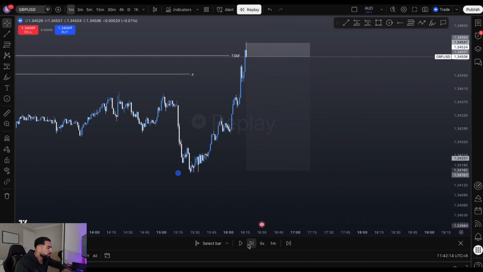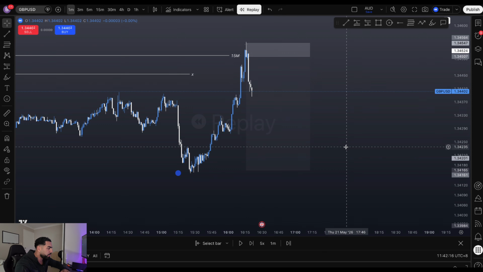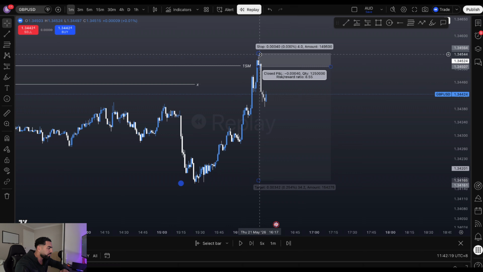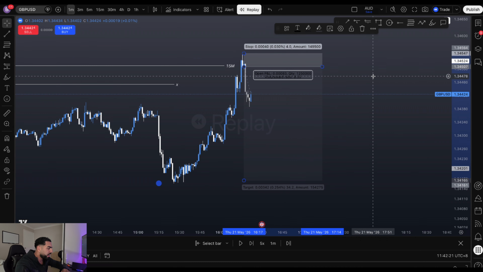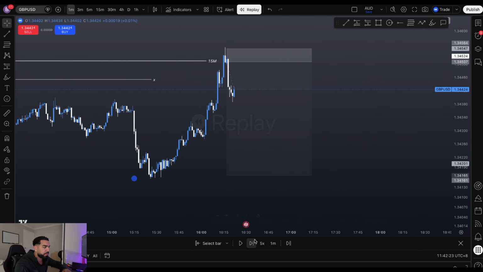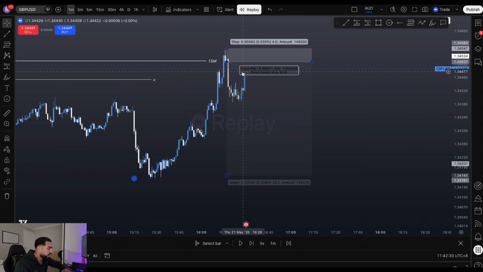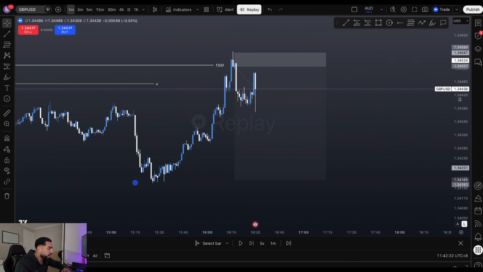Jumping onto the 1 minute, you can then see price. So I'm going to drag this to the wick. It was around 8.5 risk to reward. As you can see, price absolutely dumped straight off the bat. What did I do here? I moved my stop loss to break even. So right now my stop loss is at break even. Now, if I play price out,